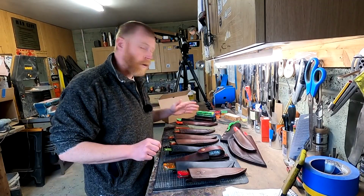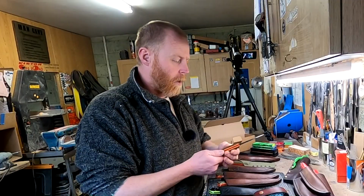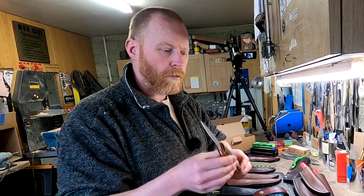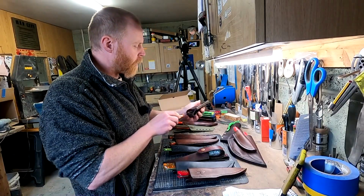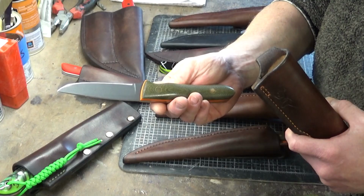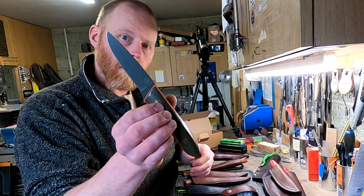Next few are going to be knives that are also up for sale again. So these ones are all some more Cerakoted blades. So I've got canvas, olive green micarta, orange G10 liners, and that one's got a cobalt coloured Cerakoted blade. This one I've made with a brown sheath, dark brown sheath, orange stitching. Next one, again, it's the olive green canvas micarta. Difference with this one though, it's got an olive green